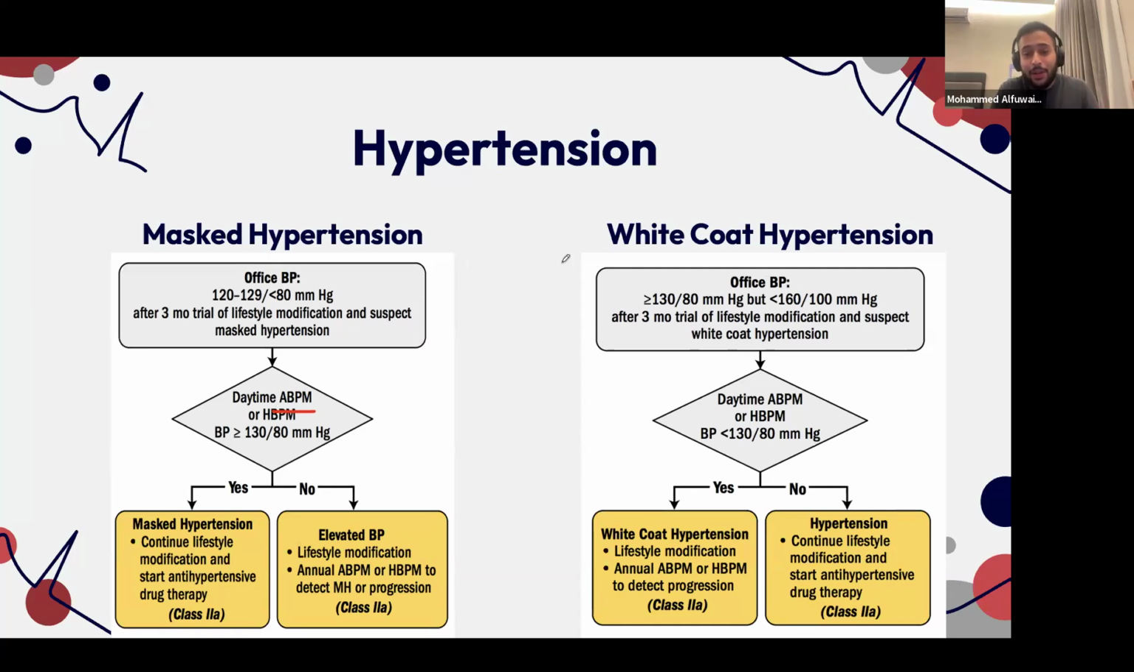The other thing that can happen is in the office, in the clinic, they have high blood pressure, but at home, it's normal, okay? This is probably due to anxiety from being at the office, okay? That's why even if this happens, it's usually lifestyle, okay? And you basically just detect if it progresses or not, all right? If this doesn't happen, if you have elevated blood pressure even at home and in the office, this is hypertension,